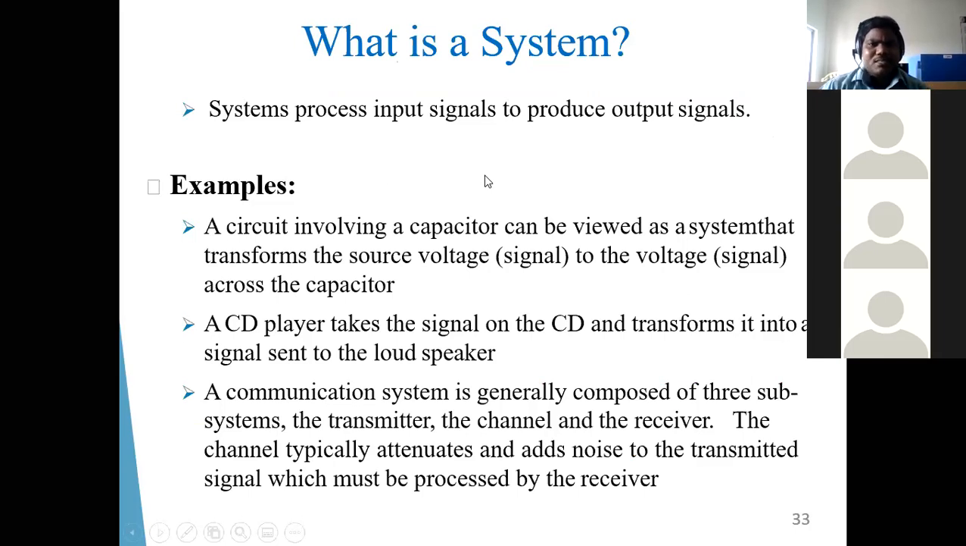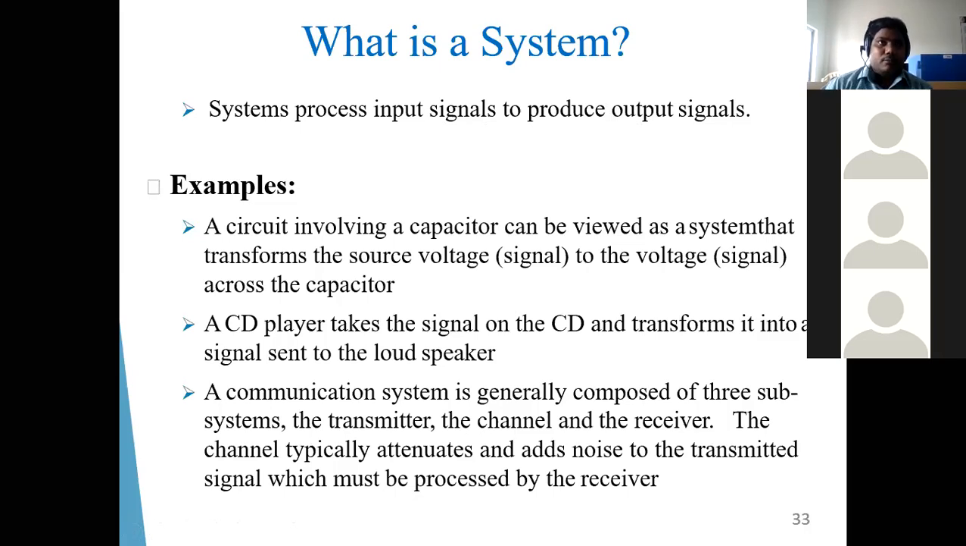So what is meant by system? A system is one of the important parameters which processes the input signals and produces output signals. We have to drive any kind of input signal to the system. The system can act on the input signal and provide the corresponding output signals at the output side. So, for example,